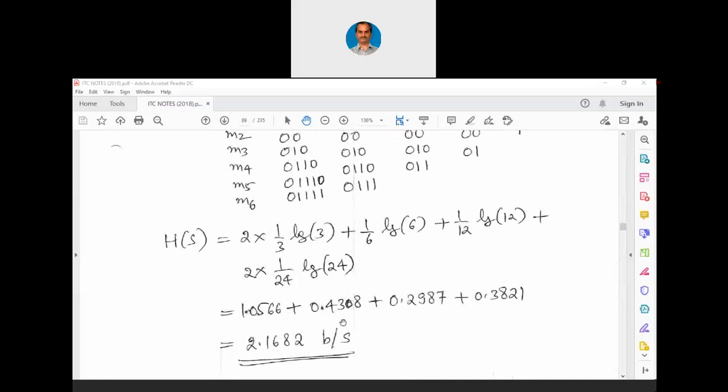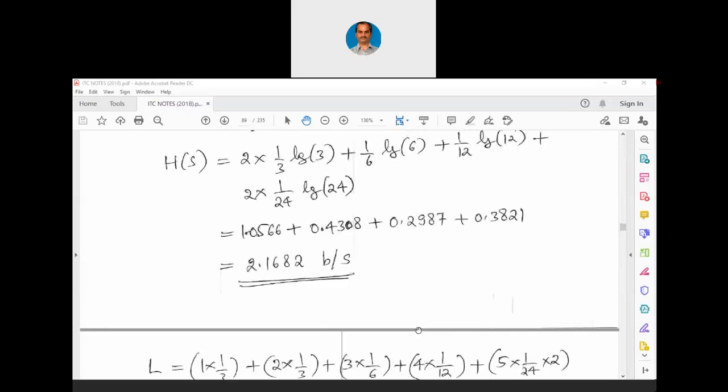I had told you already in the last class that whenever you write B/S, take it as bits per symbol. Otherwise, for bits per second, I am going to directly write BPS. So here H(S) is 2.1682 bits per symbol.